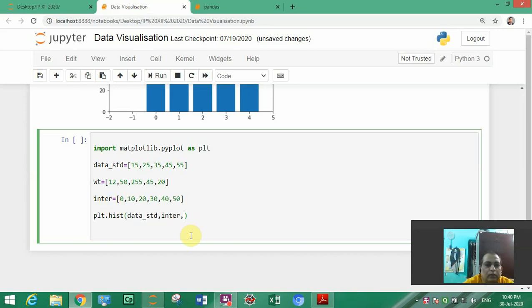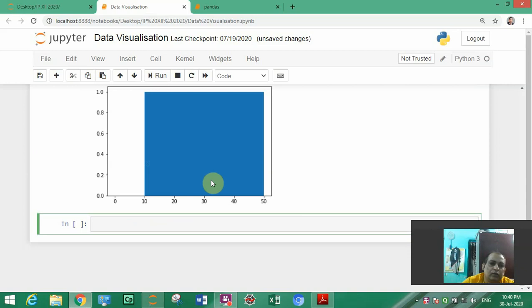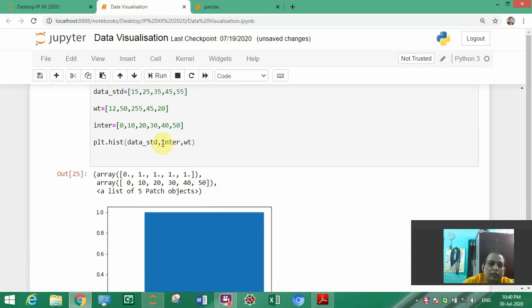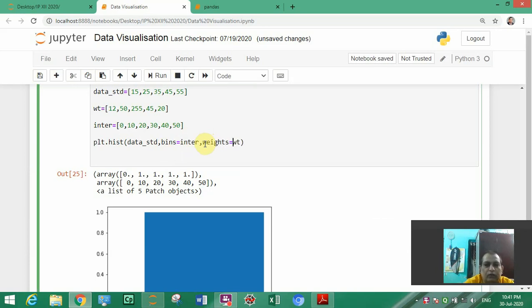And next is weightage, the weight of a student, so it will not give anything because we have to write keyword arguments here. So the first keyword is bins, intervals, bins equal to this one, and the second one is weights, weights equal to wt, wt is our list and interval is also our list.